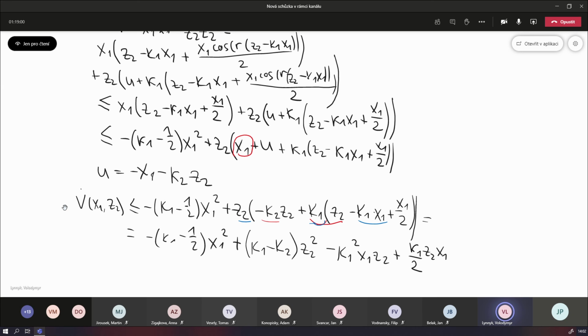Something like this. And now we need to find the appropriate condition of k1 and k2